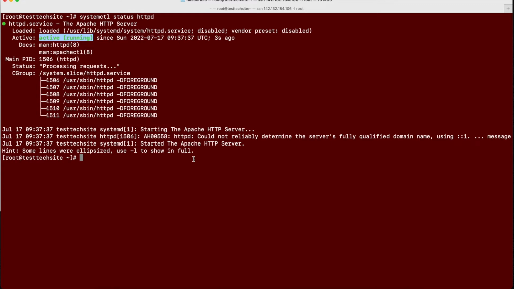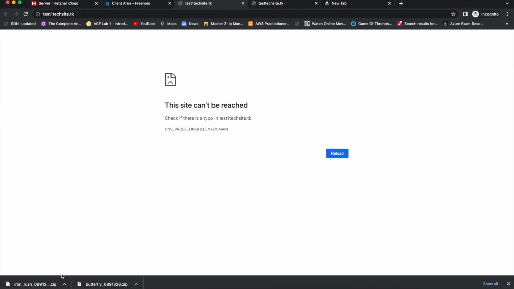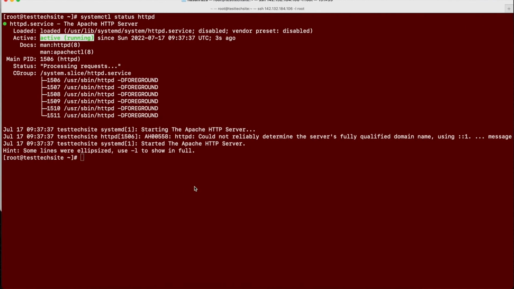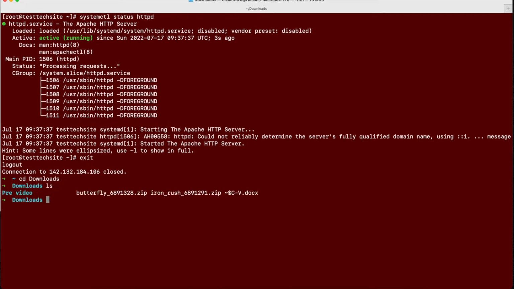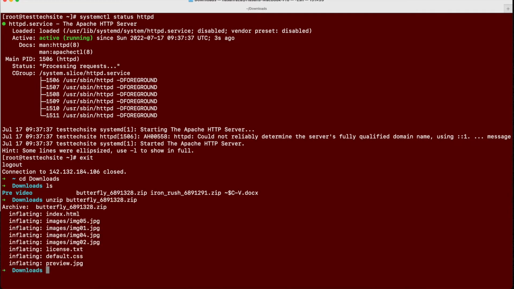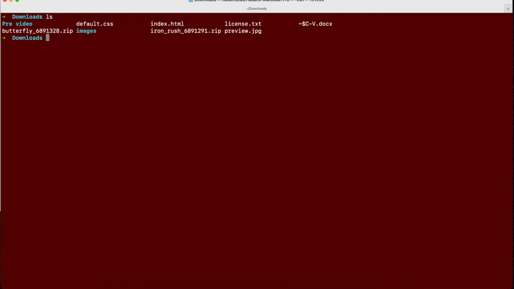Meanwhile, the two sites you can see that I have downloaded. It's a free template here. What I'm gonna do is I'm going to go to the download, and you can see that. Yep, so we can unzip that, unzip the butterfly one, sorry, the space butterfly one. That's unzipped now, and we have this site there. And